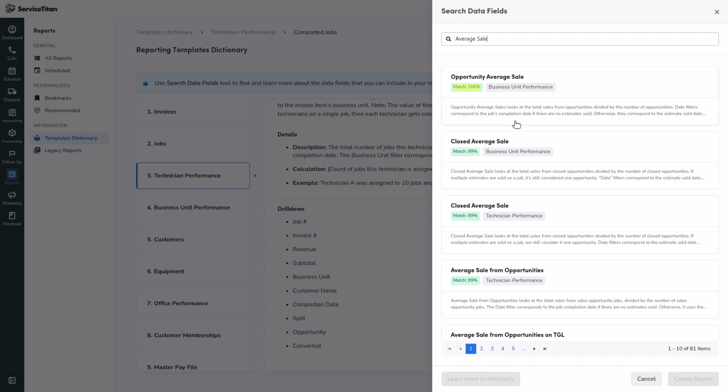The higher the confidence level, the more we're confident that this is the data field you need. You can click Learn More in Dictionary to see more details about the data field. Or, if you know it's the right data field, click Create Report to create a new custom report that includes